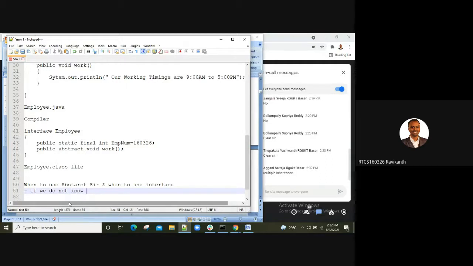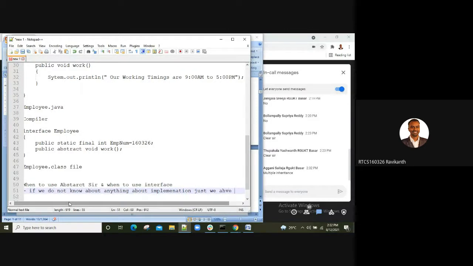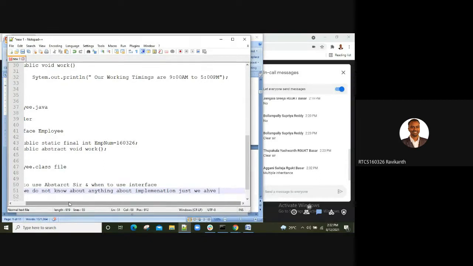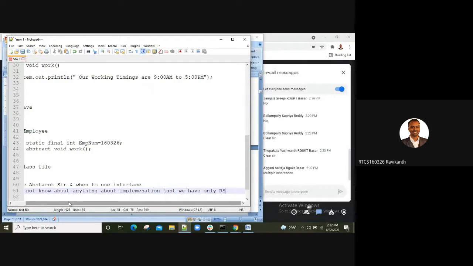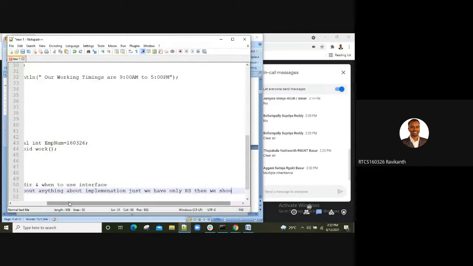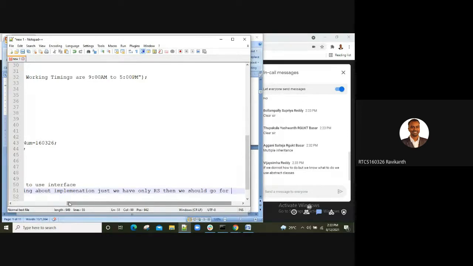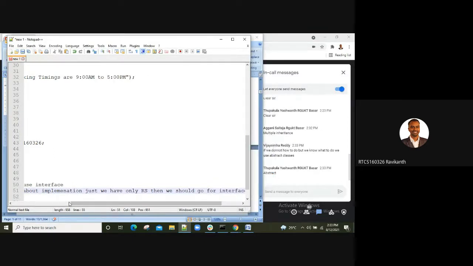If we do not know anything about implementation, just the requirement specification, then you have to go for the interface concept.